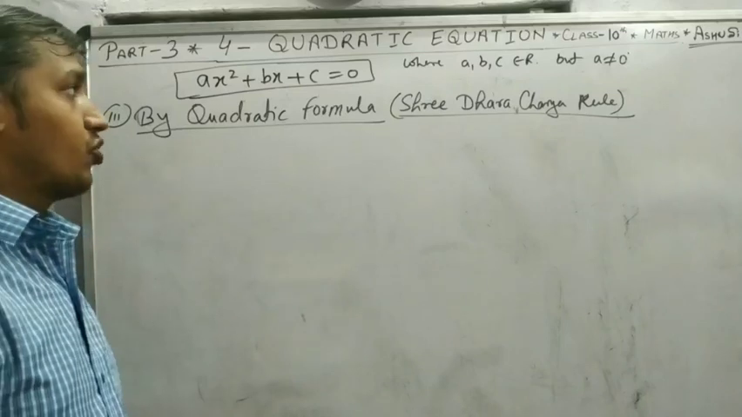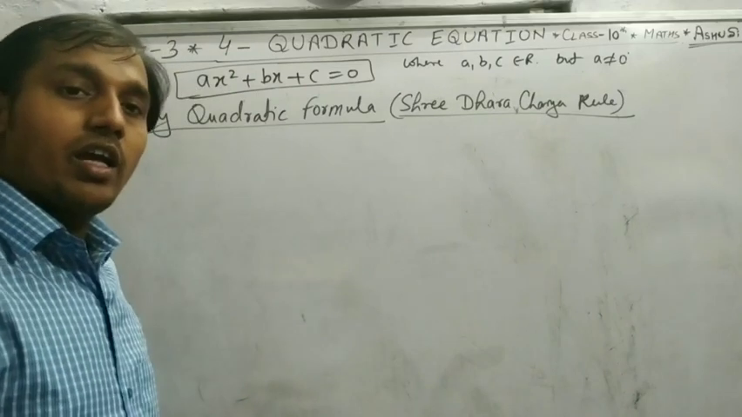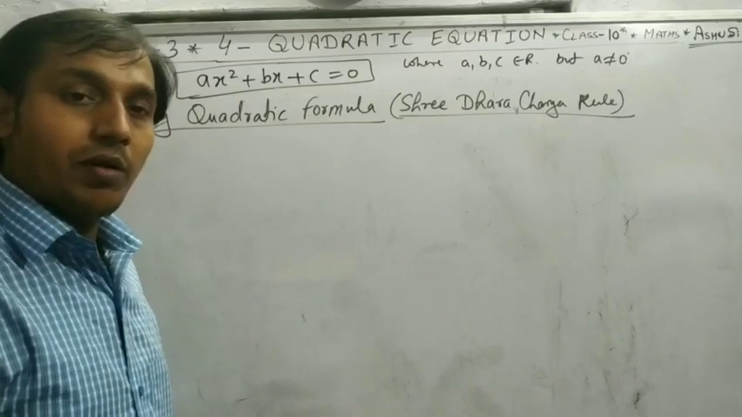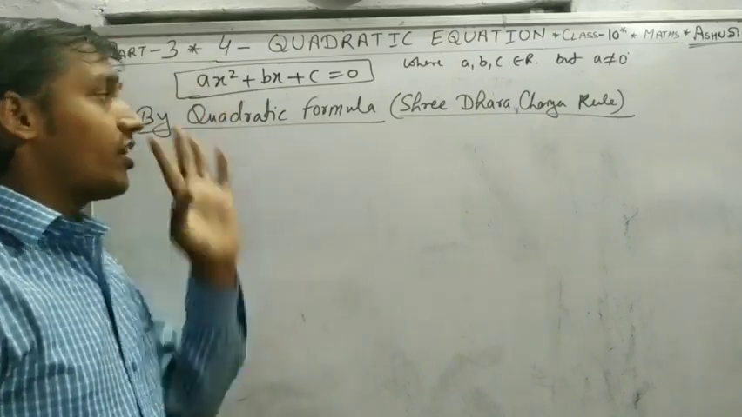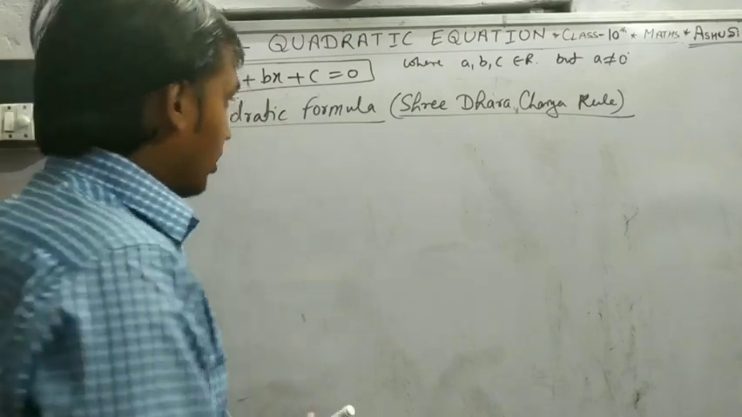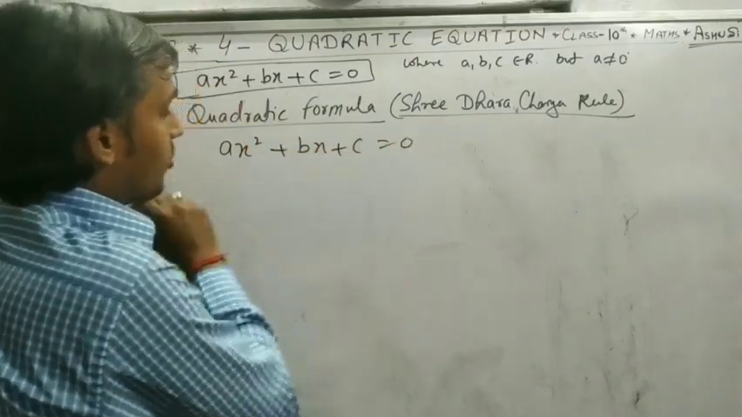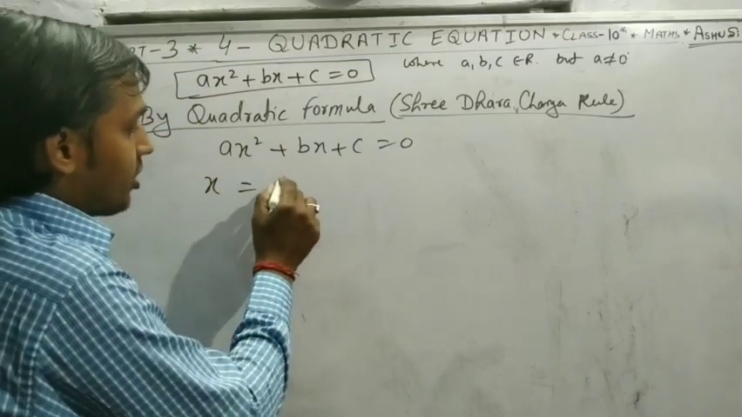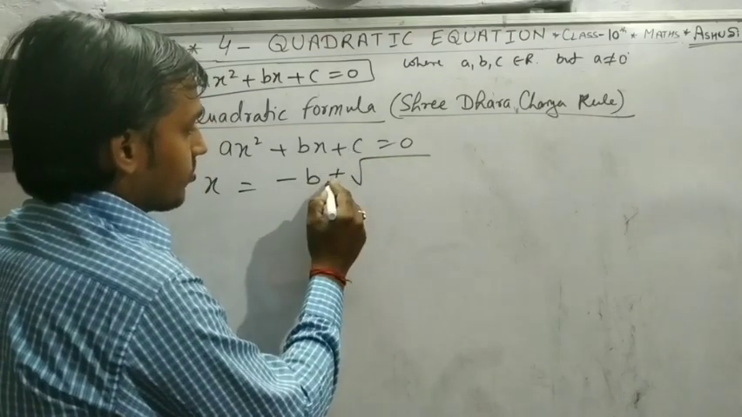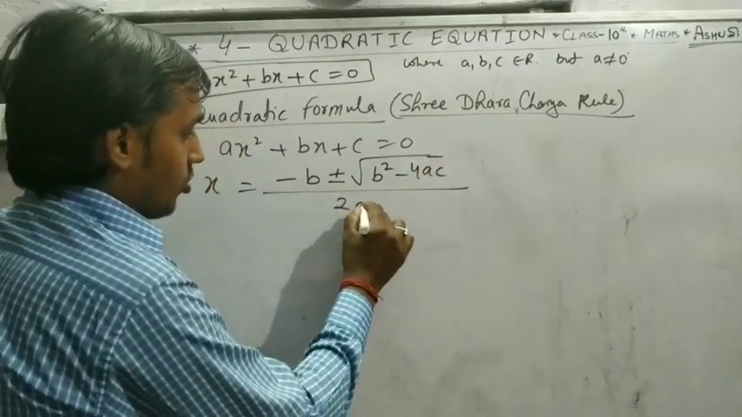Third method to find the roots of the quadratic equation. In the previous video, I explained how we get the quadratic formula by solving the standard form using the completing the square method. And when we solve this equation, we get x is equal to minus b plus minus square root of b square minus 4ac, whole upon 2a,